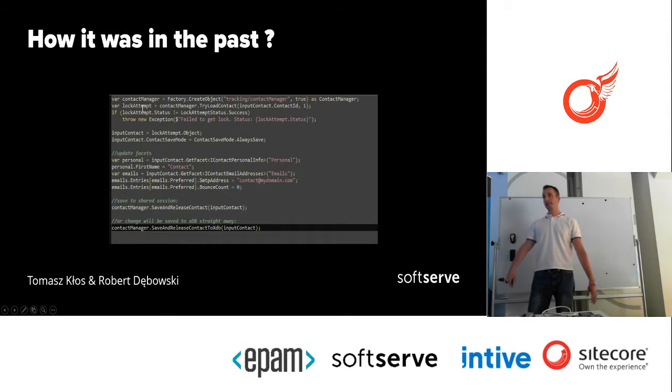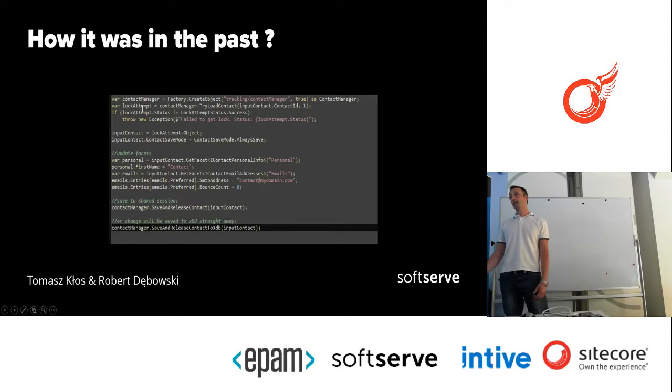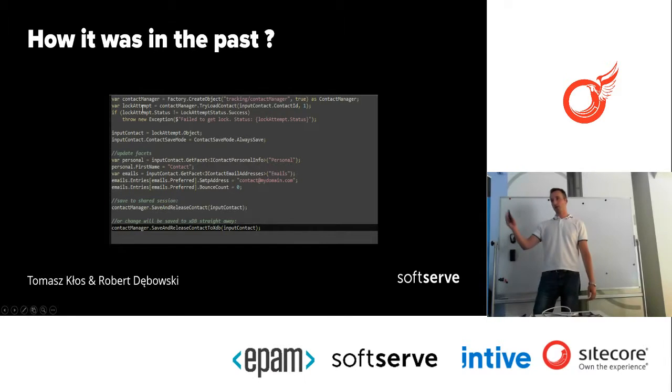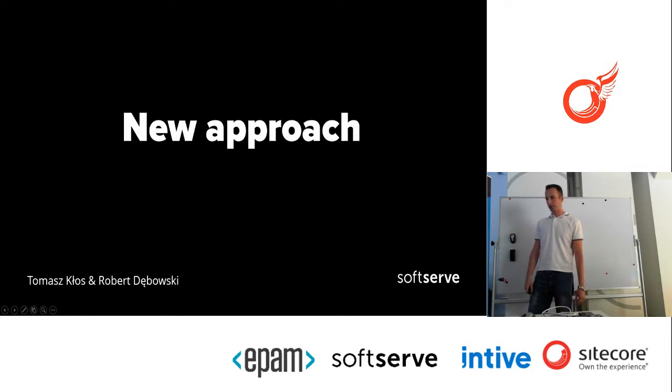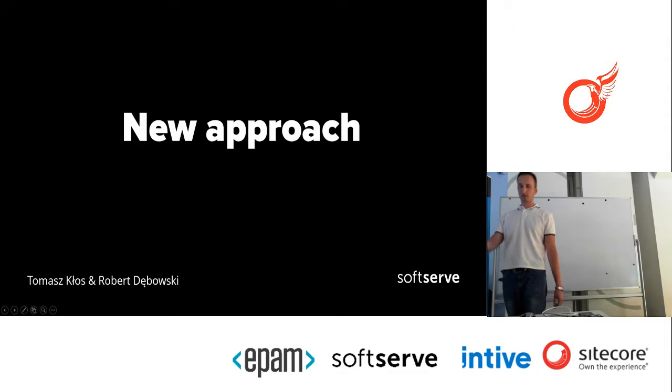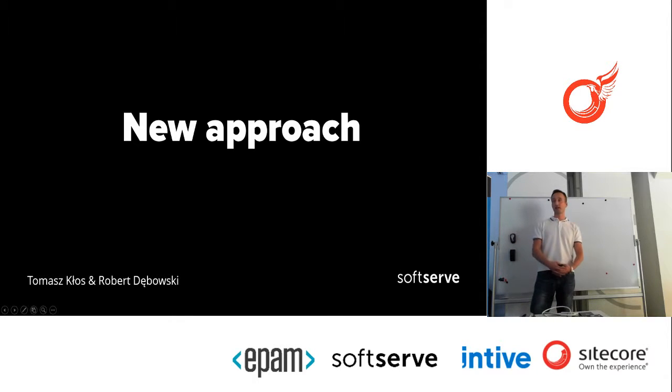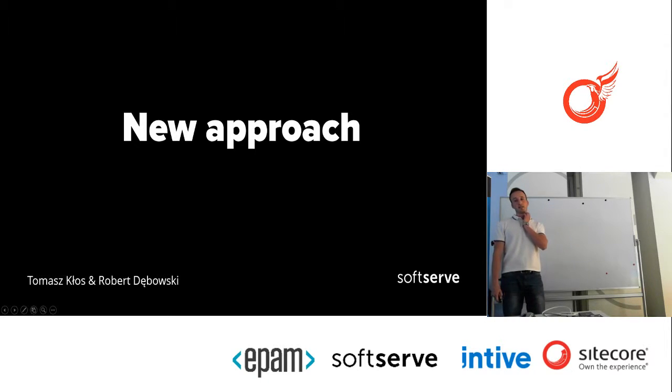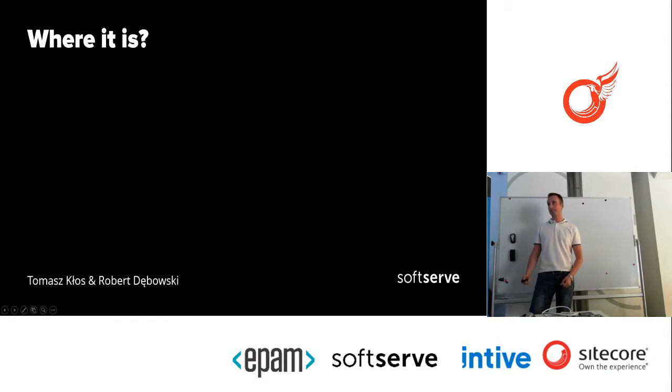Here is a simple example of how to get information from the XDB before the eXtremeConnect approach, just as an example. And the new approach: up to Sitecore 8.2 we had this high connection between the implementation of XDB and Sitecore. The new approach has changed that. Sitecore, of course, understood that it could be done better than it was, and provided Sitecore 9.